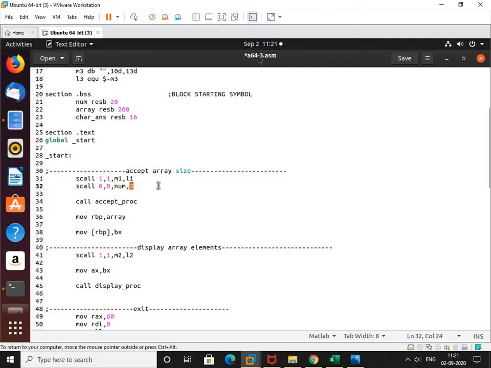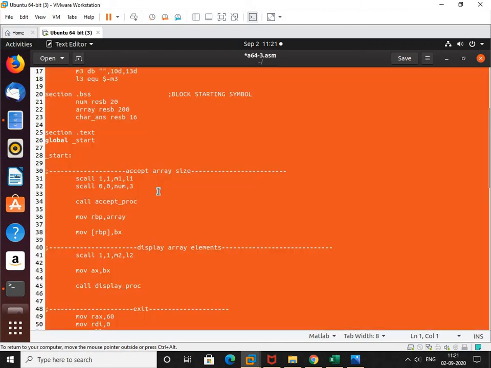Therefore how many digits am I going to accept? 2 digits plus the enter key. So therefore I have written here 3, right? Now whenever I press a key on the keyboard, the ASCII hex values will be stored, right?